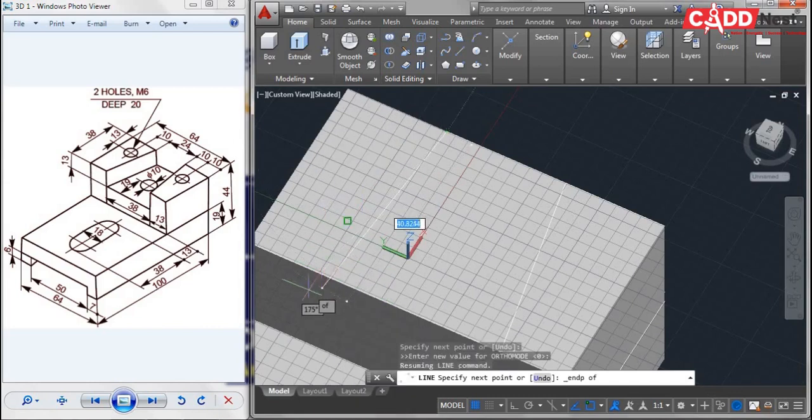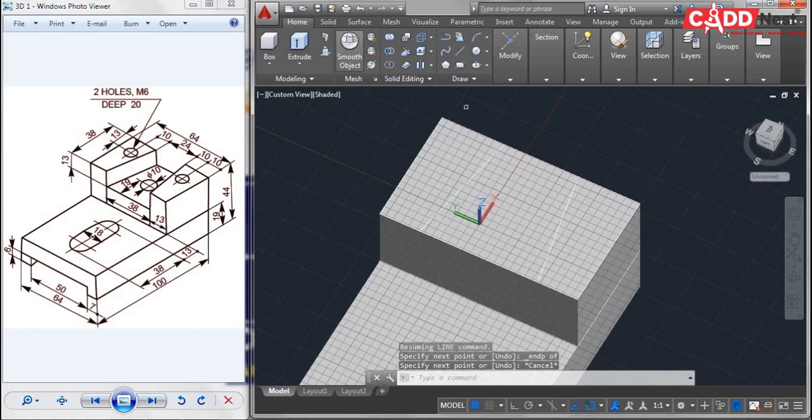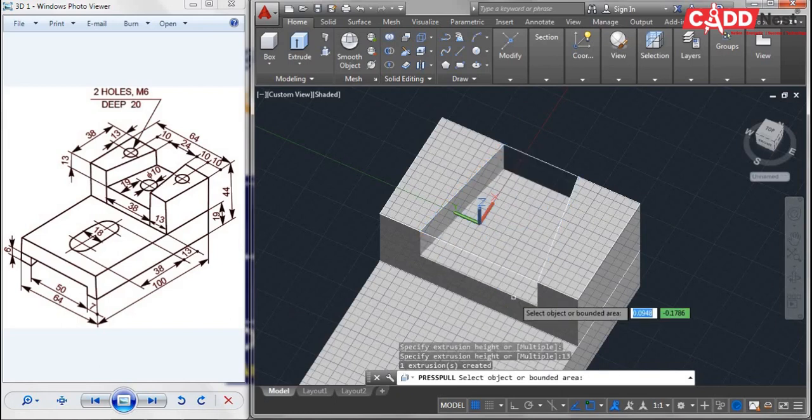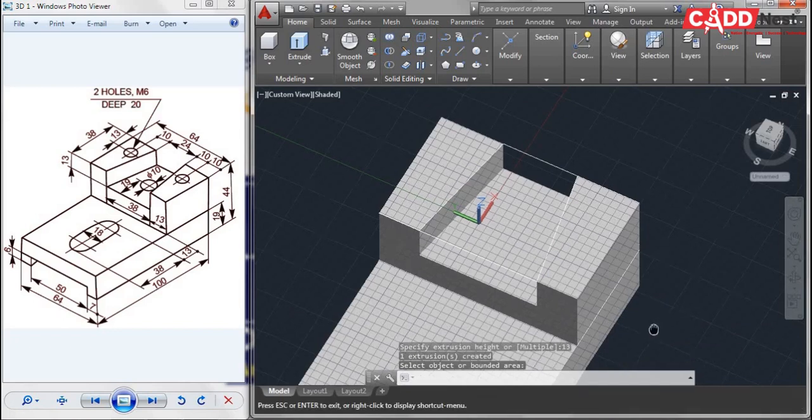Go for end point, this end point. Now I'll be going for the press pull option, select my area, and towards the downside I'll be removing material to a depth of 13, like this.